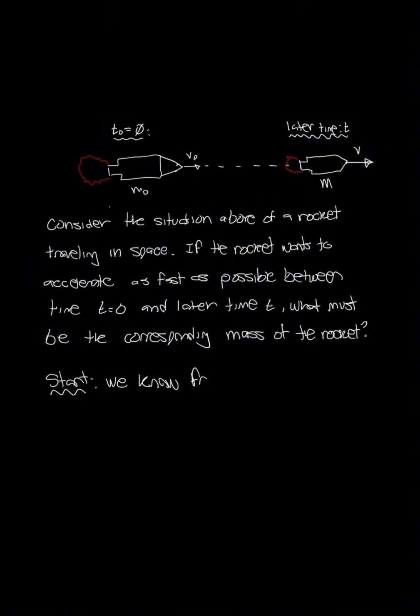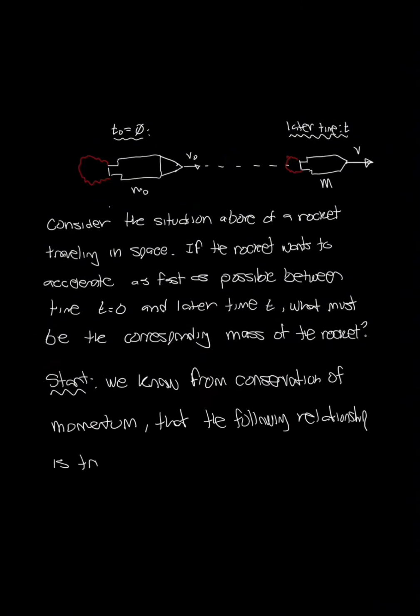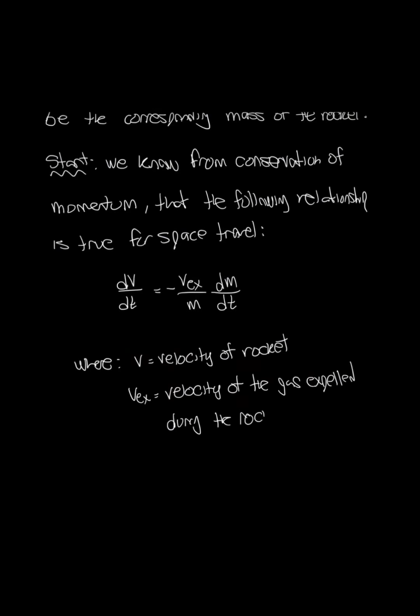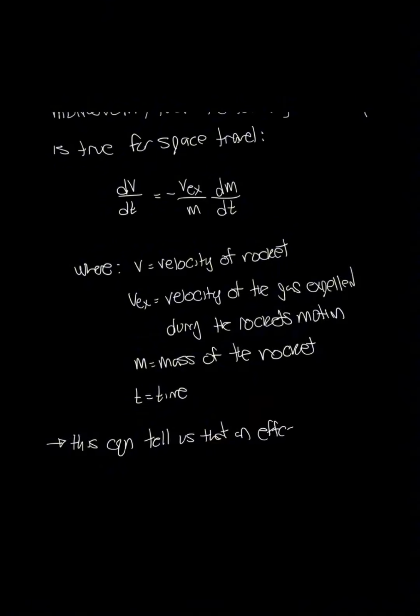To start, we know from the conservation of momentum that the following relationship is true, given here, where v is the velocity of the rocket, vex is the velocity of the gas expelled during the rocket's motion, m is the mass of the rocket, and t is time. This equation tells us that an effective rocket will